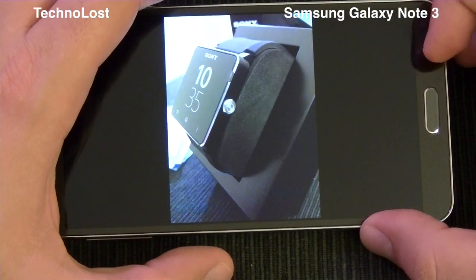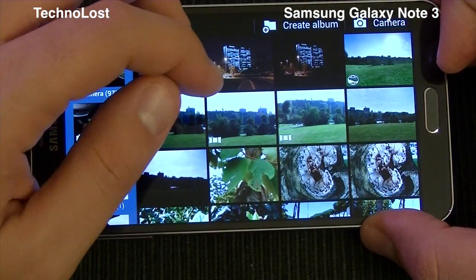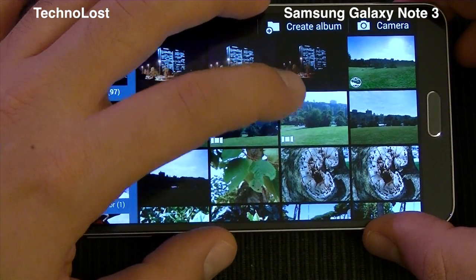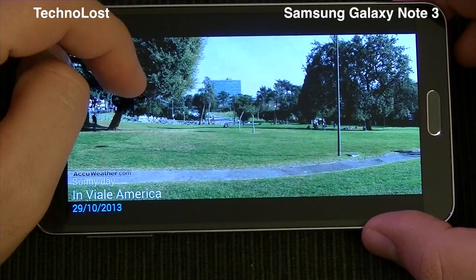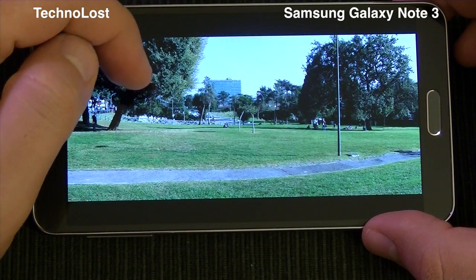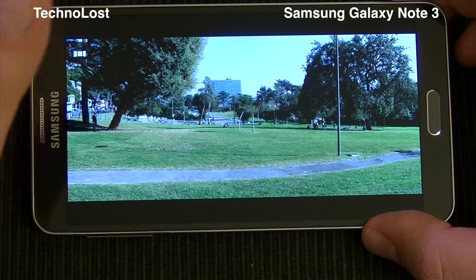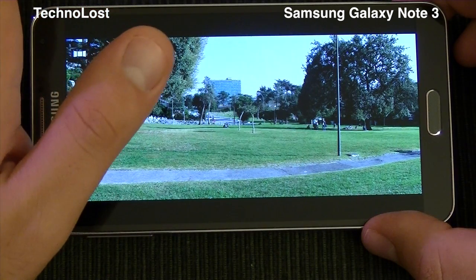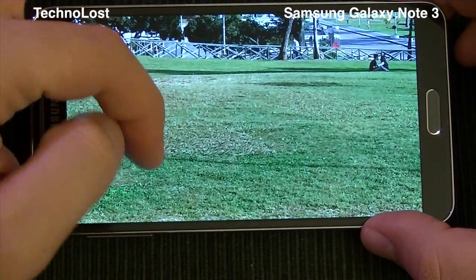Okay, so we have to talk now about the panorama and the, let's say, photosphere, which is called surround shot. The panoramic mode is pretty good, because we can take pictures both in portrait and landscape, and we have real picture resolution, but we just have many pictures stitched together. So the final result is a panorama mode picture with plenty of details, really plenty of details, like a normal